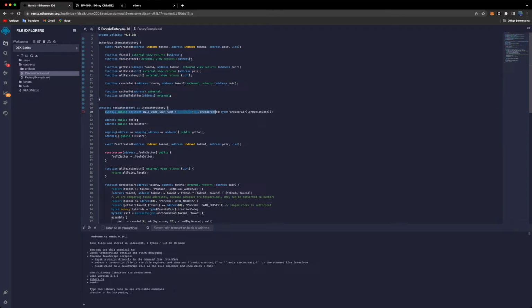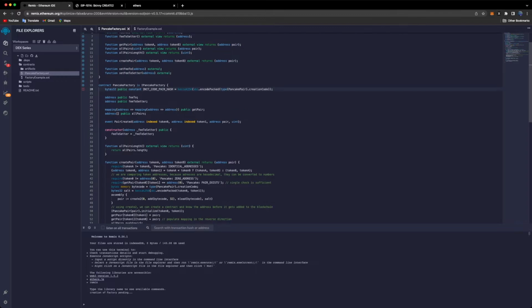The first line is an init code pair hash, which is of type bytes32, and it is a public constant. This is basically a hash. So you see that it's hashing with Keccak256. It's hashing the bytecode of the PancakePair smart contract. After that, we have two public addresses, feeTo and feeToSetter. The feeTo is the address where the fees will go, and the feeToSetter is the address that can modify